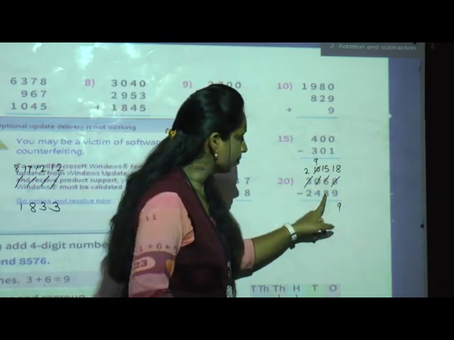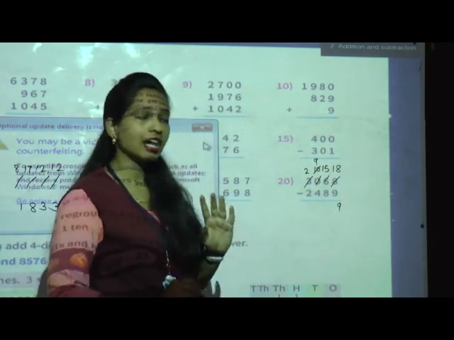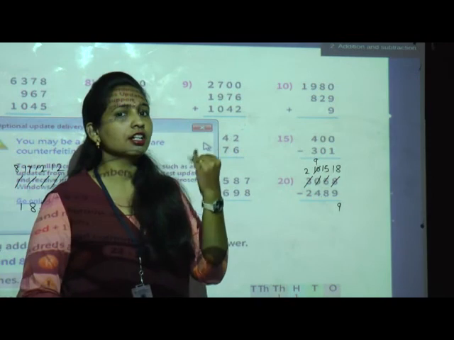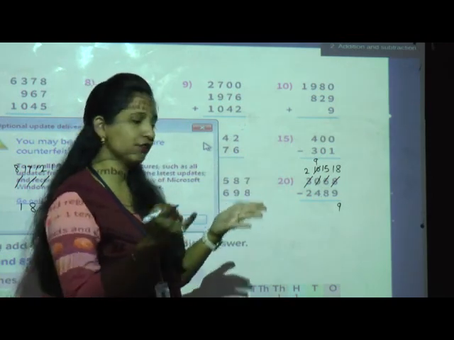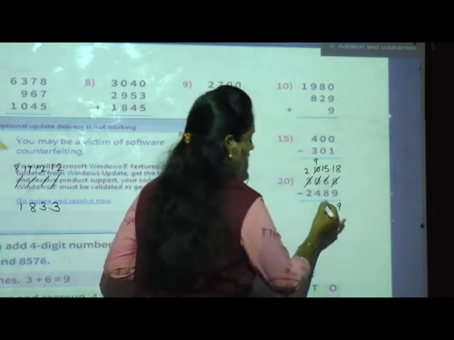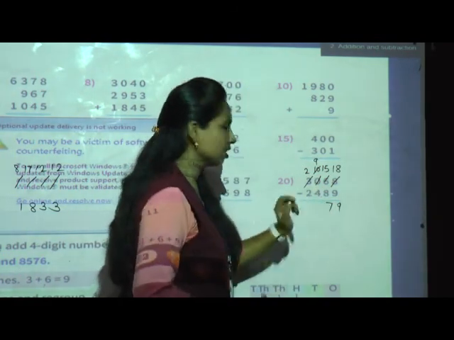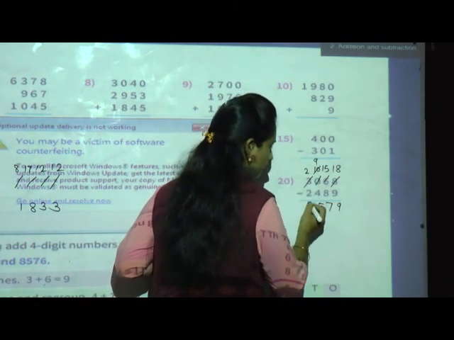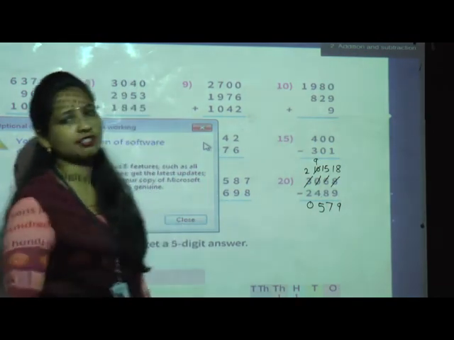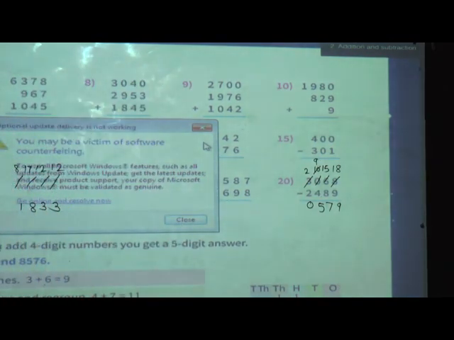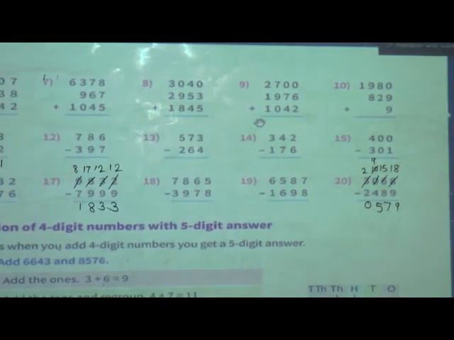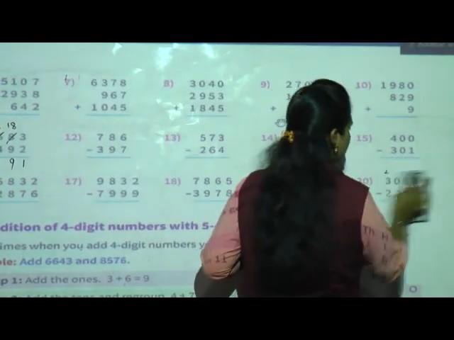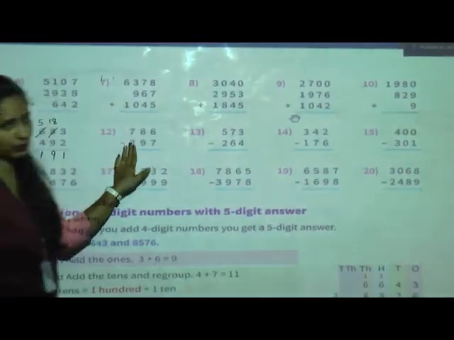Okay. Now 15 minus 8, what we have to do? Just count numbers from after 8 till 15 comes. 8 after 9, 10, 11, 12, 13, 14, 15. How many? 7. So write here 7. Now 9 minus 4. Okay. 5. 2 minus 2, 0. The answer is 579. Understood? Yes students, very easy. This you have studied in 3rd standard. Remaining all sums you will solve by yourself in the textbook itself.